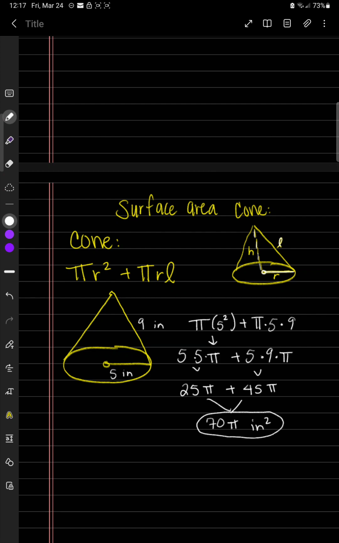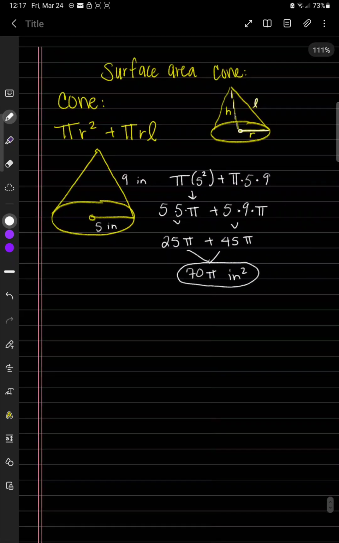But if you're not given L, we have to add an extra step. So if I don't have that L, we're gonna do Pythagorean theorem to solve. So let's say we have